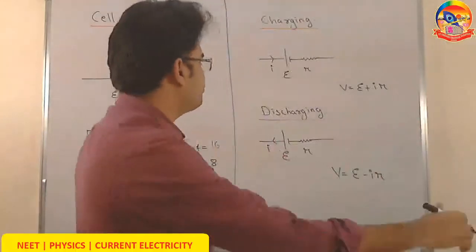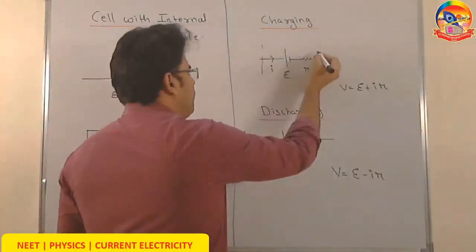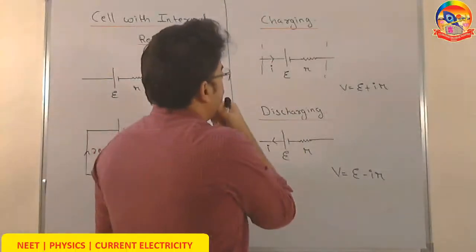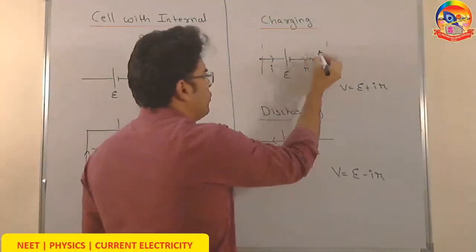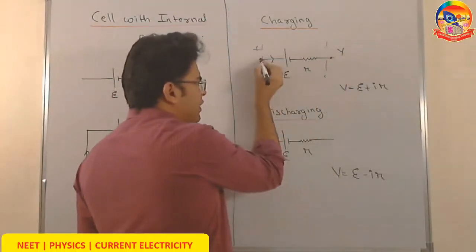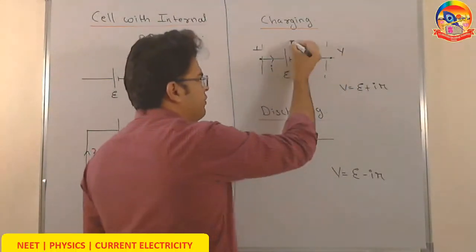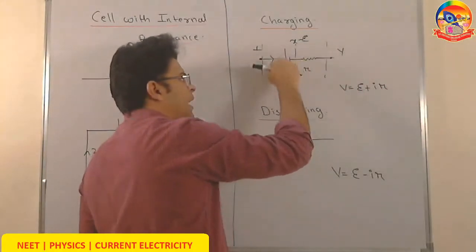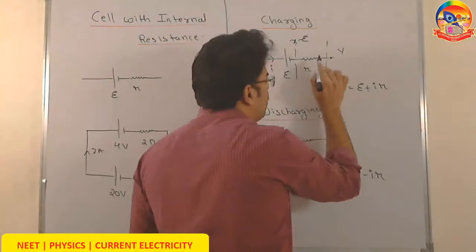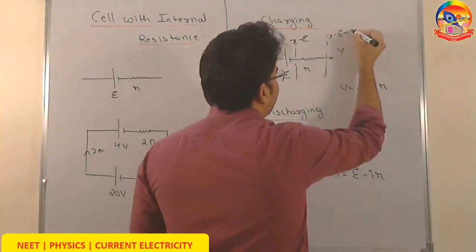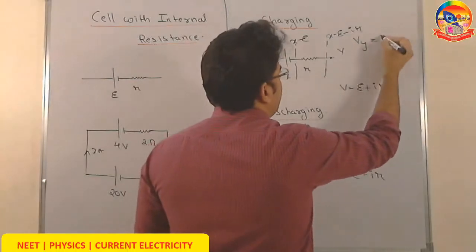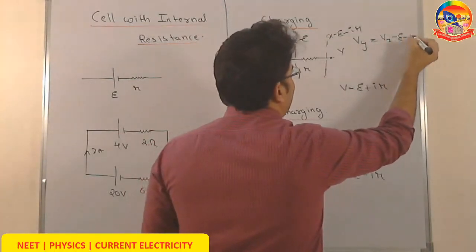So now here, what is the potential drop across a cell when it is getting charged? So let's say we look at these 2 points, x and y. I can say that if the potential of this point is x, the potential of this point will be x minus e, because I am going from higher to lower across the battery. And the potential of this point, since we are going in the direction of current, will be x minus e minus IR.